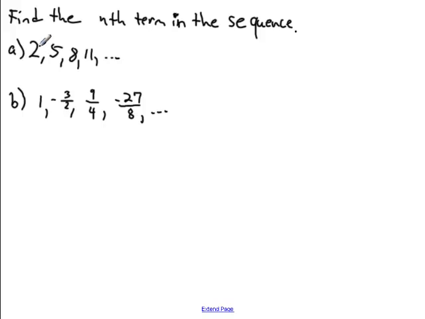You start off at 2 and then it goes to 5, 8, and 11. Looking at this, the difference between each one of these is 3. So, based on that, we can come up with the following formula. AN is equal to 2 plus 3n,